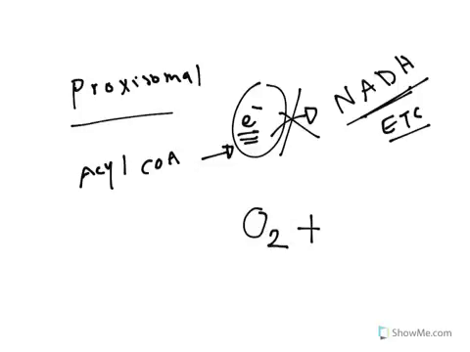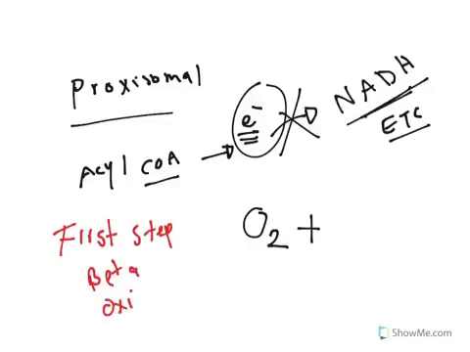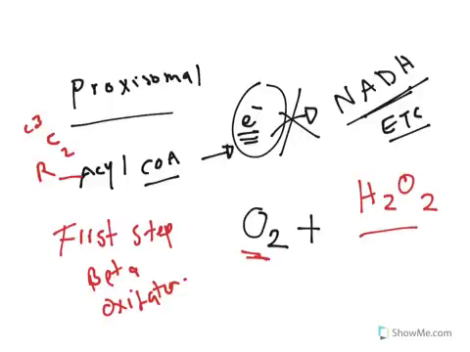When we do the dehydrogenation, you remember from the first step of beta oxidation, these two hydrogens we lose from carbon 2 and carbon 3 will go to an oxygen to form something called